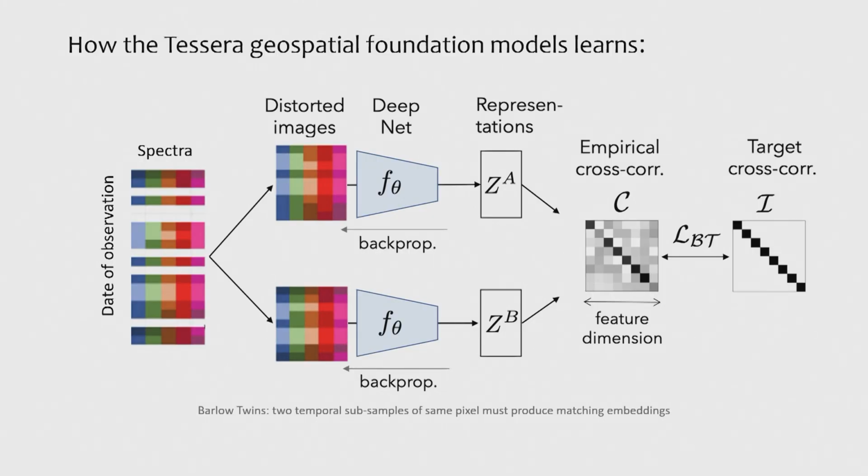And what it's doing is sampling from that time series to form two distorted images. And then it condenses them using a deep net to give these embeddings. And the clever thing is it then says, oh, well, I think those two distorted images should be the same. The representation should be the same. And by looking at whether those two representations are the same, it fiddles around in the neural network until it comes up with the best fit to that data. And so the representation actually takes into account those cloudy days. That's been sort of corrected for, if you like, in the representation, which is a very clever technique.